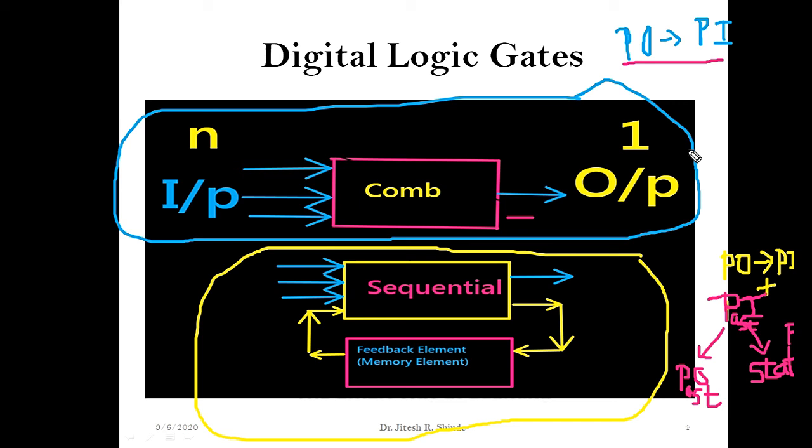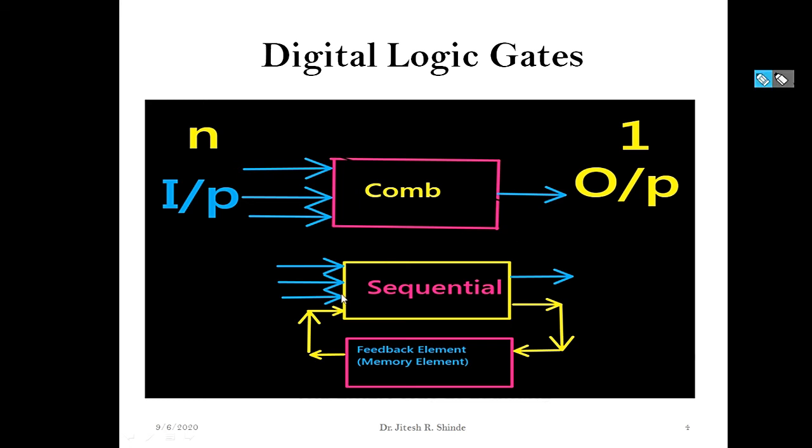The sequential circuit has storage capacity. It is indicated by this dependency, that its present output is also dependent on the past value of input. Because of this dependency we can say that the sequential logic circuitry is capable of storing data as well. We can predict this from the words memory element here. Combinational circuit: no feedback element, no memory element, hence it can't store data. Sequential logic circuit: it has a memory element, hence it can store data. So this is in brief the types of digital logic circuit.